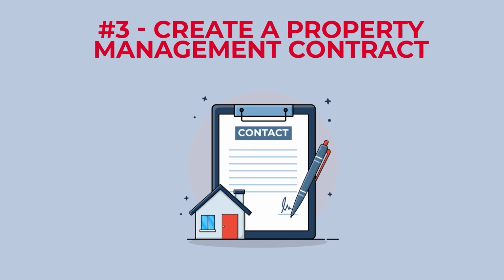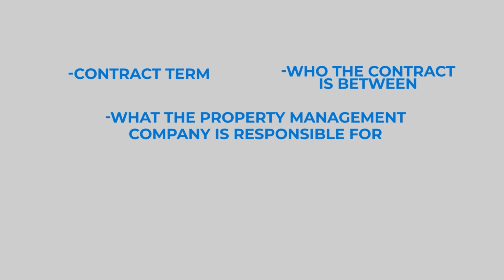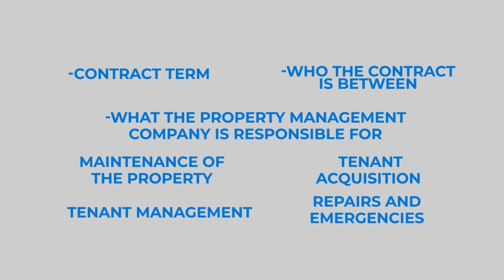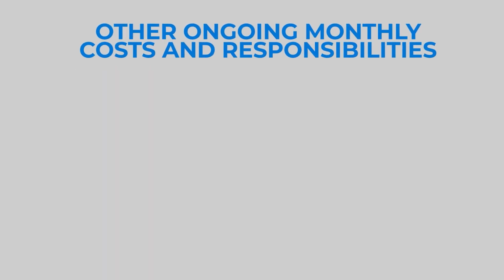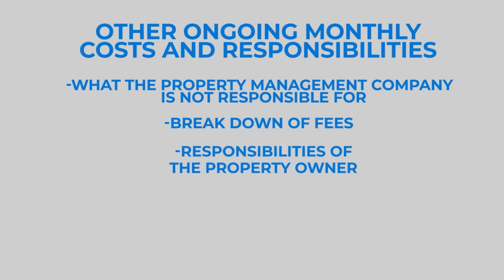Number three is create a property management contract. There are a few things you need in your property management contract, so here are a few of the main things. The contract will highlight the contract term, whom the contract is between, for example, your company and a property owner, what the property management company is responsible for, including maintenance of the property, tenant acquisition, tenant management, including collecting rent, repairs, and emergency maintenance, other ongoing monthly costs and responsibilities, what the property management company is not responsible for, breakdown of fees owed by the property owner to the property management company, responsibilities of the property owner, and